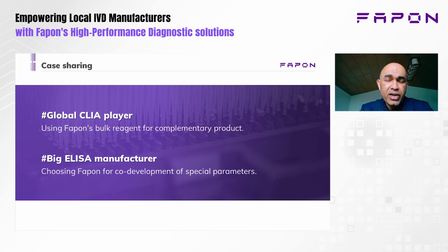Sometimes the different immunoassay formats also play a role, so we also enable them in arriving at their particular optimized assay really quickly, because we are producing the raw materials, reagents, instruments, and the protocols for a large variety of the assays. So we have extensive experience in this particular field, and whenever we produce the raw materials and the reagents, it is always the case that we have to compare ourselves with the best in the industry